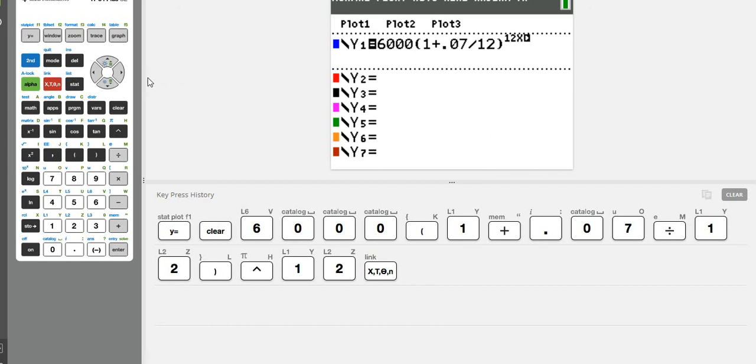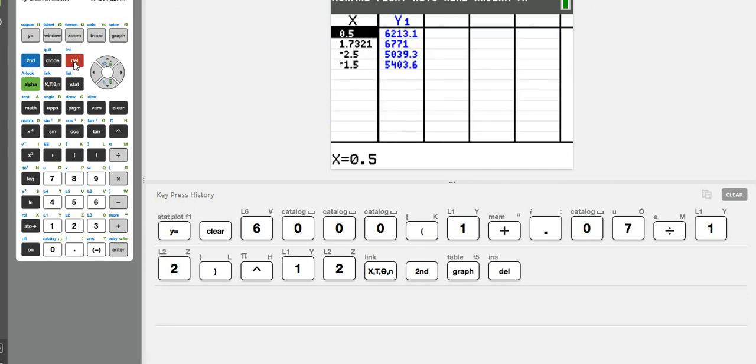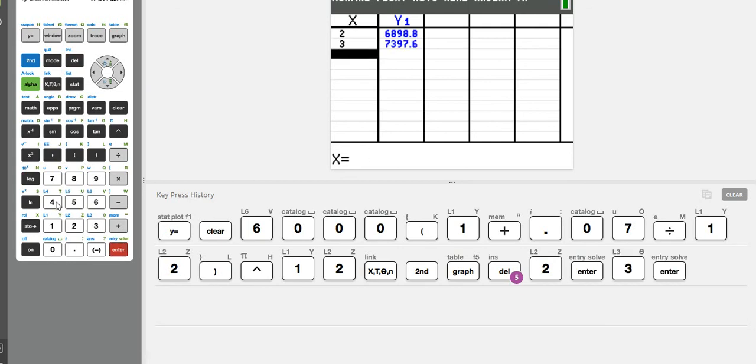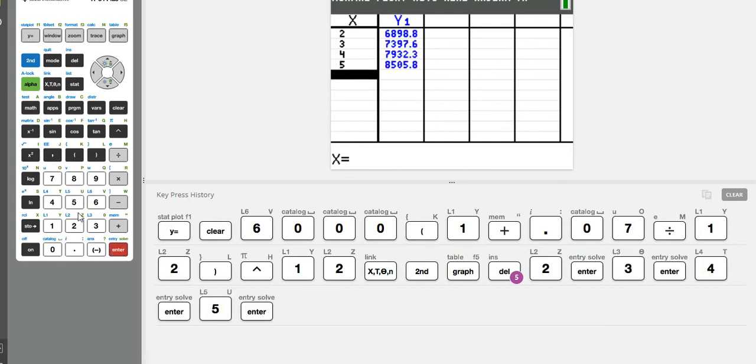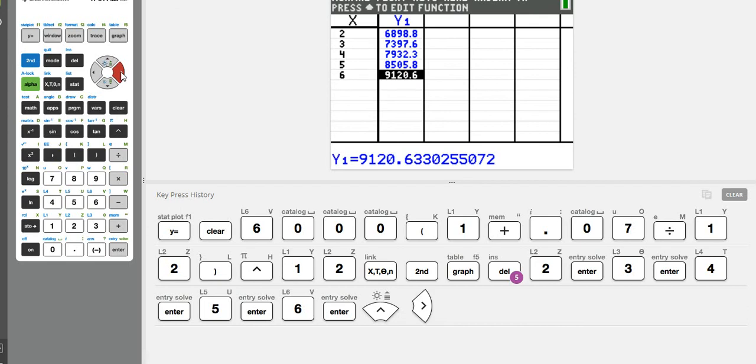So from here, it's just go to the table, clear out your old values, delete, delete, delete, and then 2, 3, 4, 5, 6, whatever you want or need. You got all of them here. And of course, this is rounding a little bit more than I want. So to see those hidden values so that I can round it to the nearest penny, you're just going to put the cursor on the y value in your table and go at it like that. So nice.